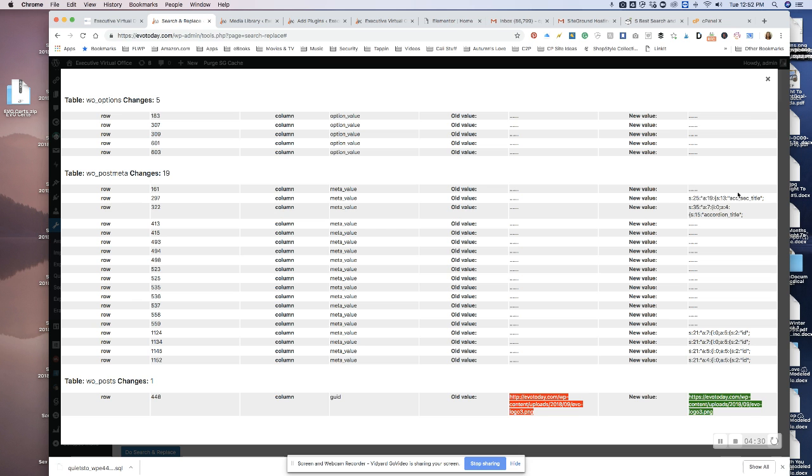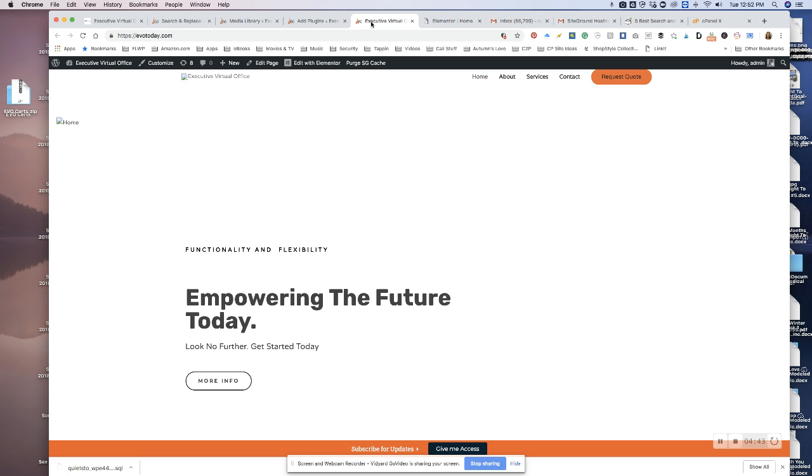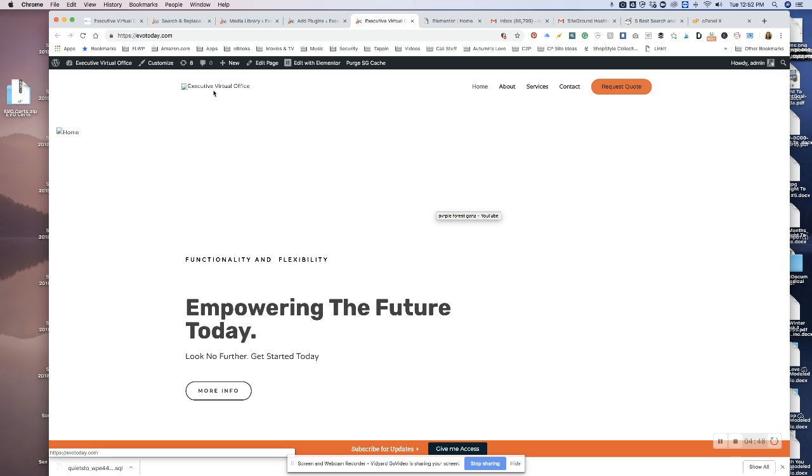Isn't that cool? So I'm not going to bore you in doing it for every single image, but the end result is for you to be able to have your images that currently were not showing because it didn't convert over when you switch from unsecured to secured. I hope this